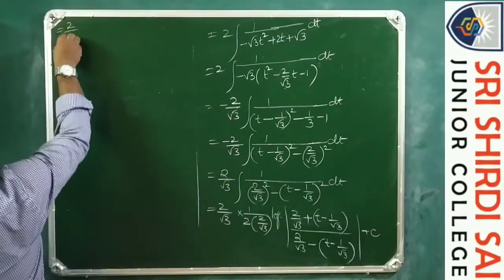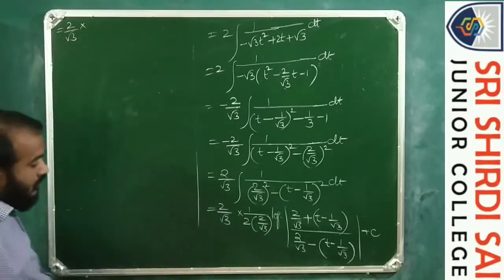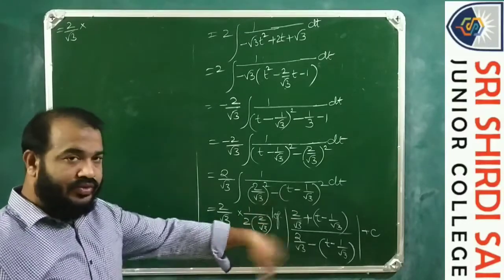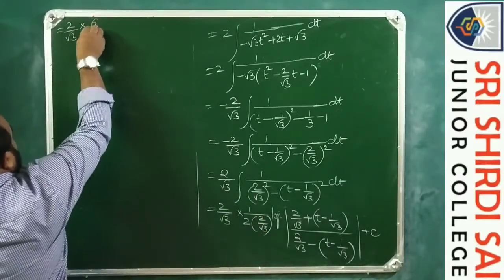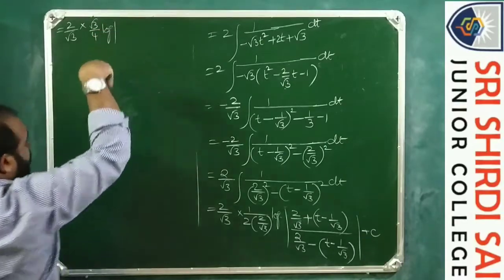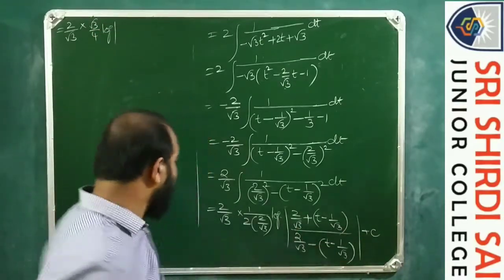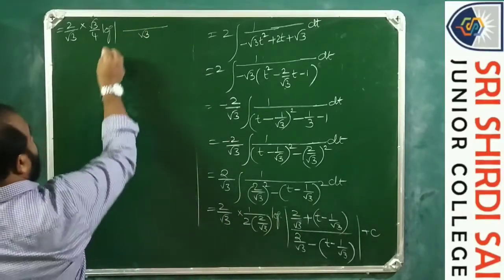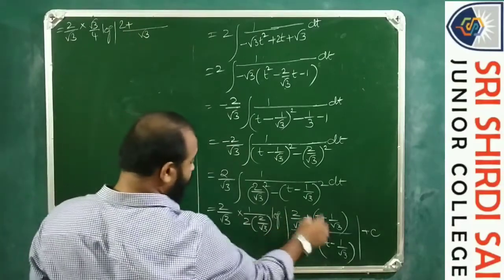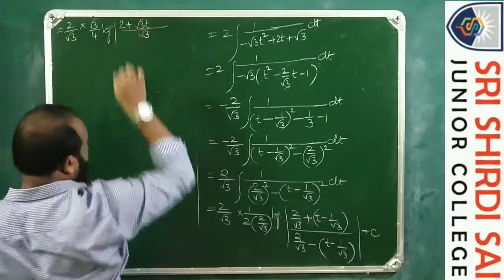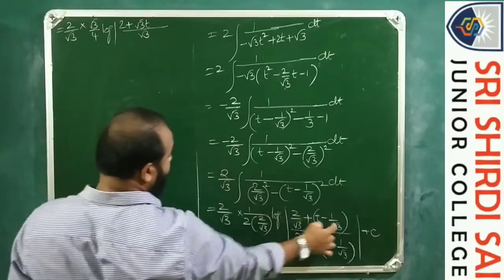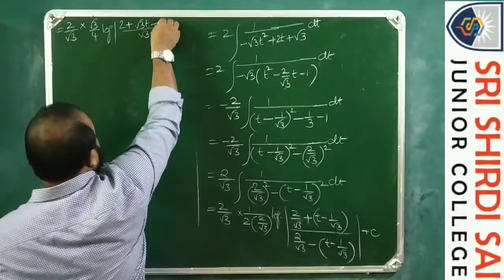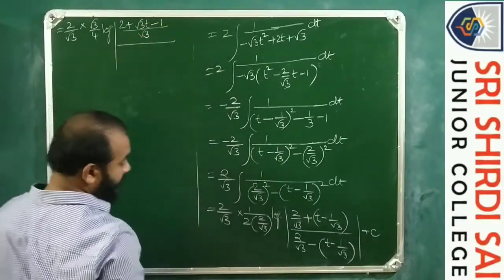This is equal to 2 by root 3 into, this is 1 by 2 to the 4 by root 3. 1 by 4 by root 3 is reverse, root 3 by 4 log. Here the LCM is root 3 by root 3. So 2 plus root 3t, minus, plus into minus minus, root 3 by root 3 is 1, 1 into 1 is 1 by, here also